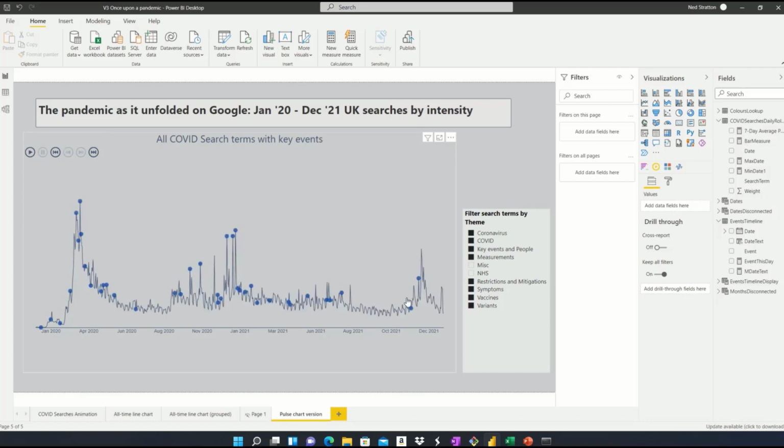So if we just fast forward and fill the chart, what you can get with this is, for the sum of the search term types I've selected, so coronavirus, COVID specifically, but the people, the restrictions, the symptoms, the vaccines, the variants. So anything, MISC is, I've taken NHS off because people might just search for the NHS consistently, even though it is relevant to the pandemic. But this is COVID interest in general, and the dots, which are really handy,